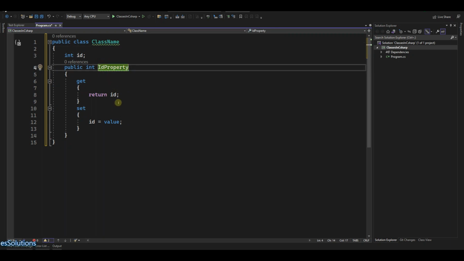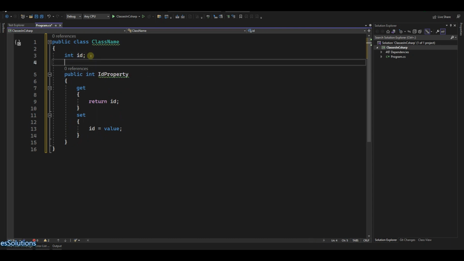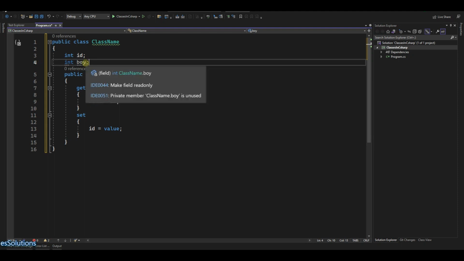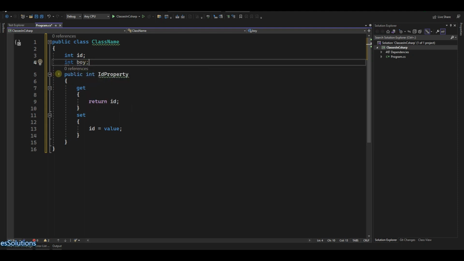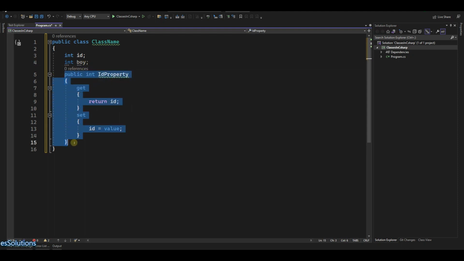Now, this is something that you do for all fields. So if I have another field, say an int, I will need to do the same thing for it. I will need to create a particular property for that also. But because this is something we always do, and you see it's almost always the same thing,